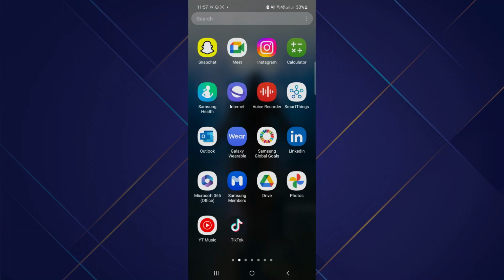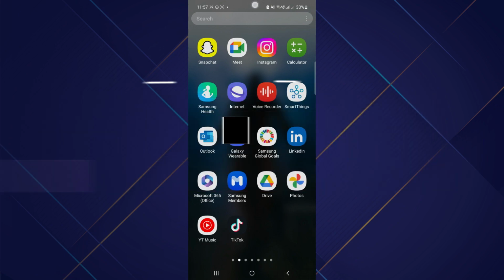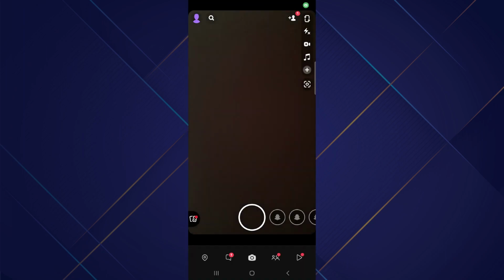Hey guys, in this video I'll show you how you can boost your Snap score. So make sure to watch the video till the very end. And let's begin. First of all, open up Snapchat on your mobile phone and make sure you are logged in